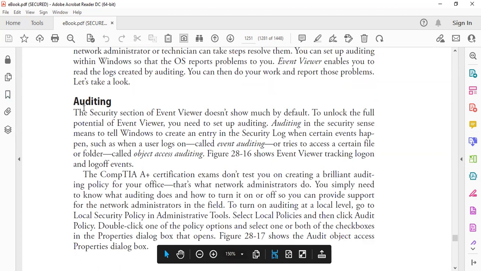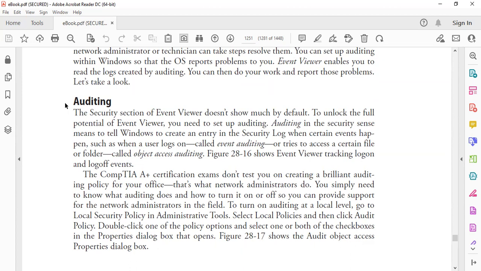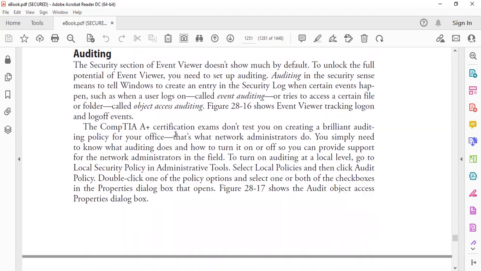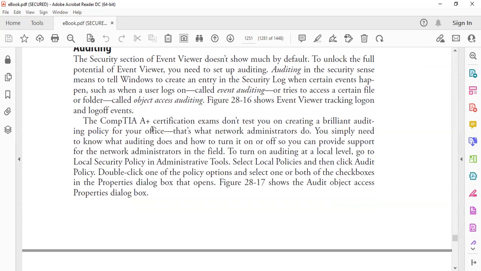So again, the use of Event Viewer can allow your computer to record certain events or audit certain events that you could keep track of, right? But again, we're not going to go through it in this class specifically, right? A+ certification doesn't test you on creating a brilliant auditing policy for your office.